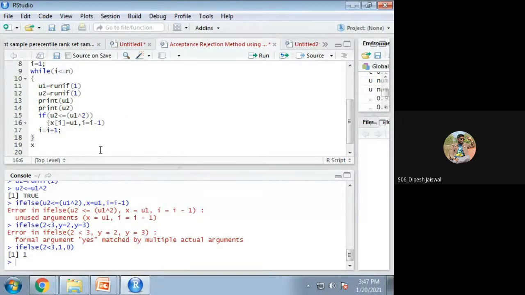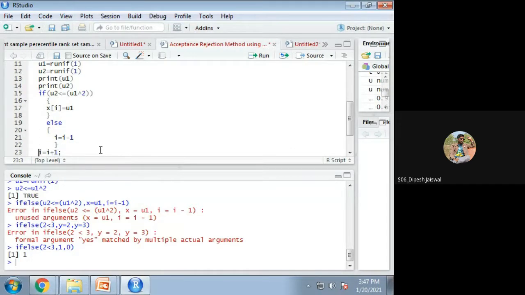x of i equal to u1, else i equal to i minus 1, and i equal to i plus 1.